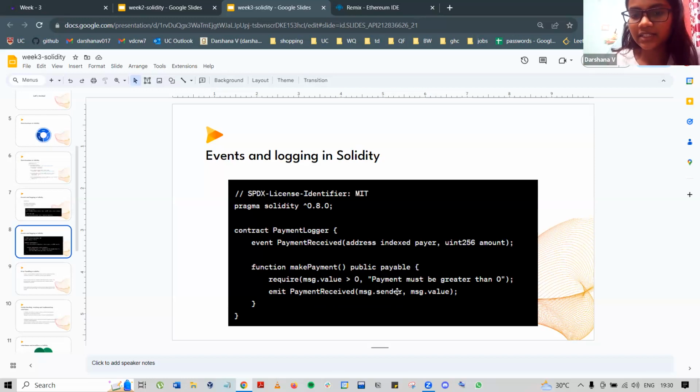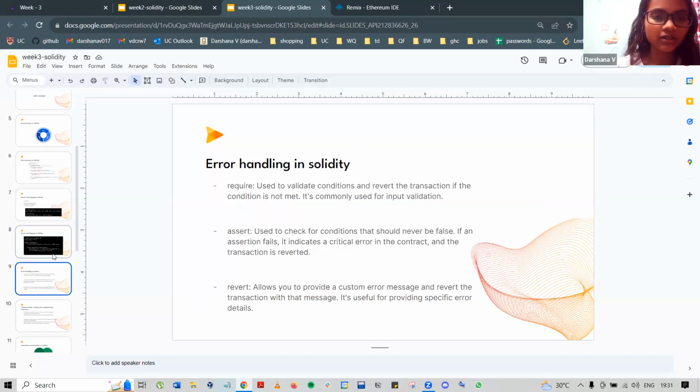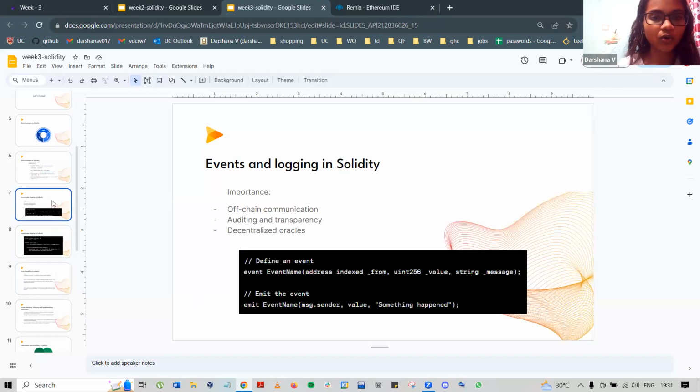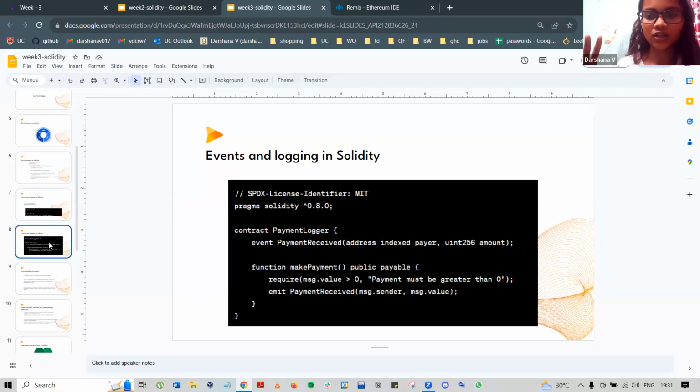And what it basically does is it retrieves the information mentioning what the sender is. We only need the sender and we only need the value. We don't need any other information related to the field. So this is how you use events, and you log only certain events that are necessary in Solidity. So this is one small example of how you can do that. Right. So now that you know how to code events and how to log the information related to these events, you need to know how